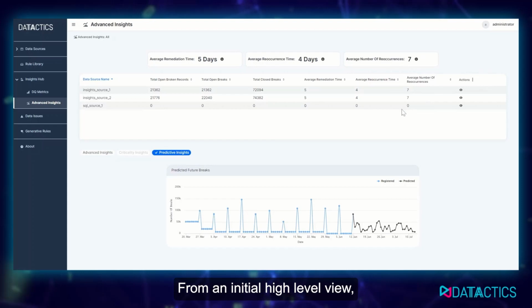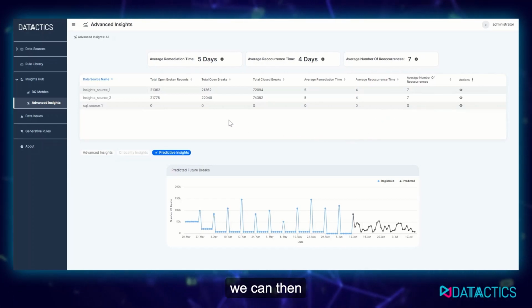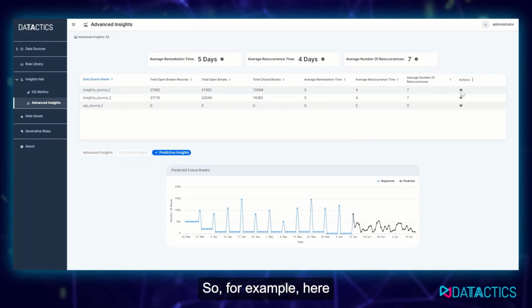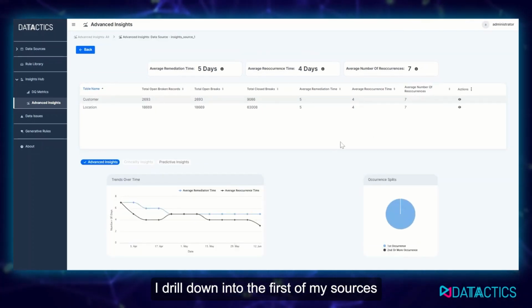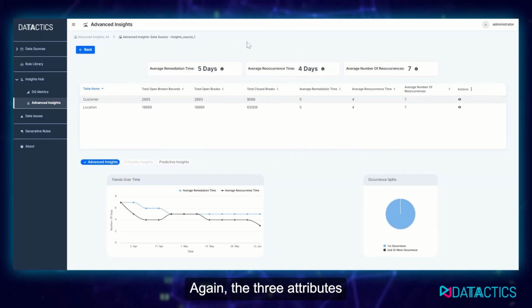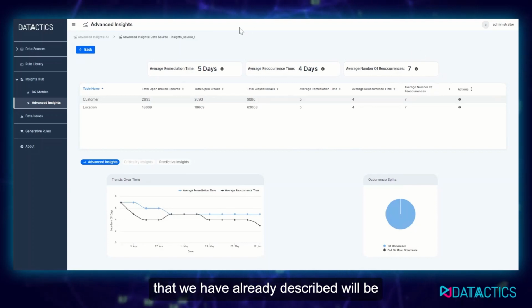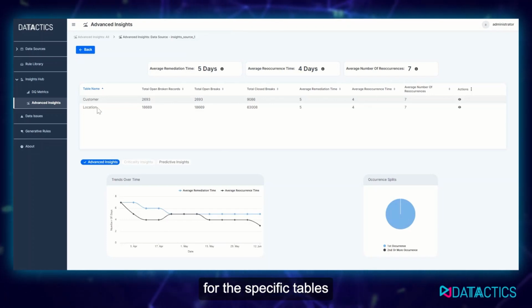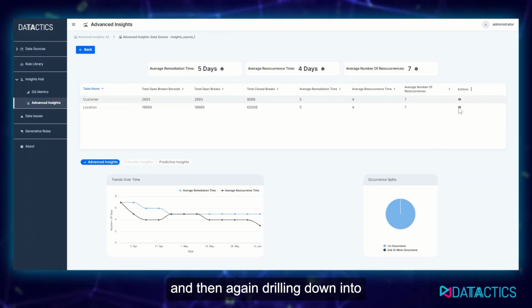From an initial high-level view, we can then drill down into specific sources. So for example, here I drill down into the first of my sources, and I can see that this contains two tables. Again, the three attributes that we have already described will then be recalculated for the specific tables. And then again, drilling down